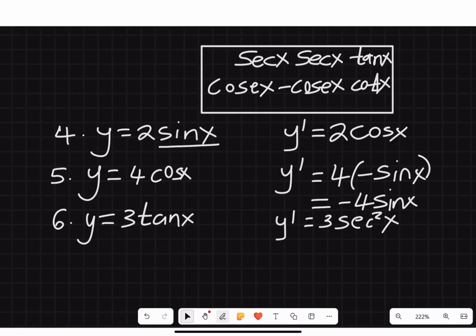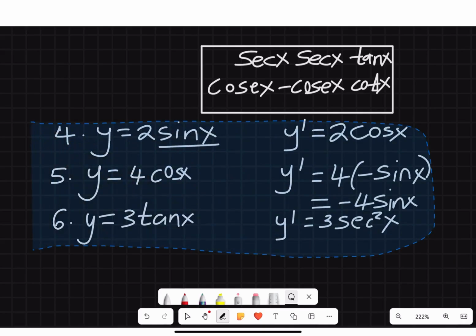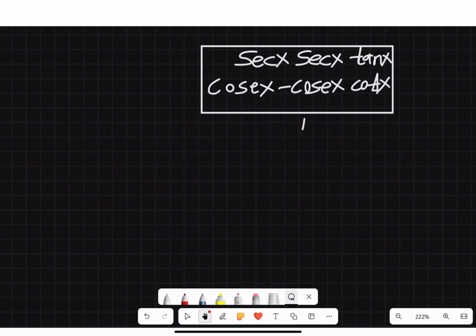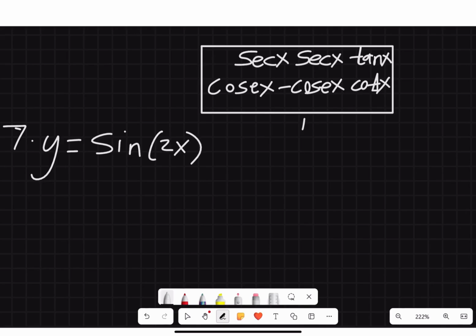Perfect. Let's proceed. So I'm going to remove this and go to number 7. Right? So 7, we have y equals sine 2x. Okay? It starts to get a little bit interesting now because the angle is no longer x, it is something else, right? So this is what you do. You always apply the same rule. So I'm going to say, okay, y prime